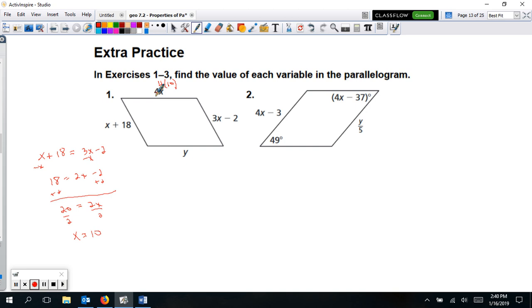So that's going to give us 40 for this side right here. So if opposite angles are congruent, that means y is also 40. So we can say y is equal to 40. And there's our answer for x and y. Number 2,